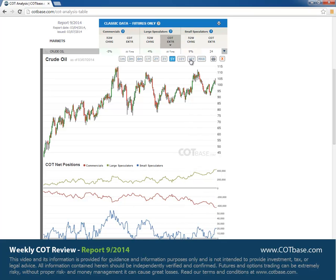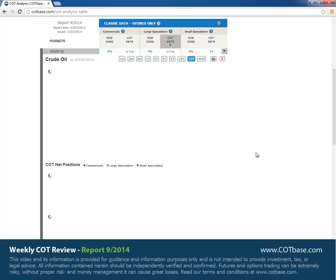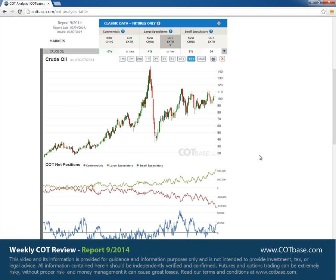Just to show you this, let us open a 15 years chart and see everything on this very wide time frame. Here you go. You can see that basically commercials are at, well, it says all-time COT Extreme, so there's nothing more you can say about that. It's definitely there. It's a bearish extreme signal. But let's move on and have a look at